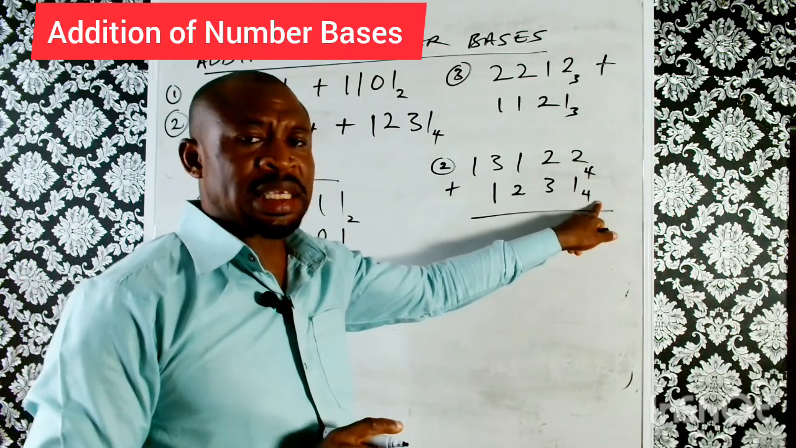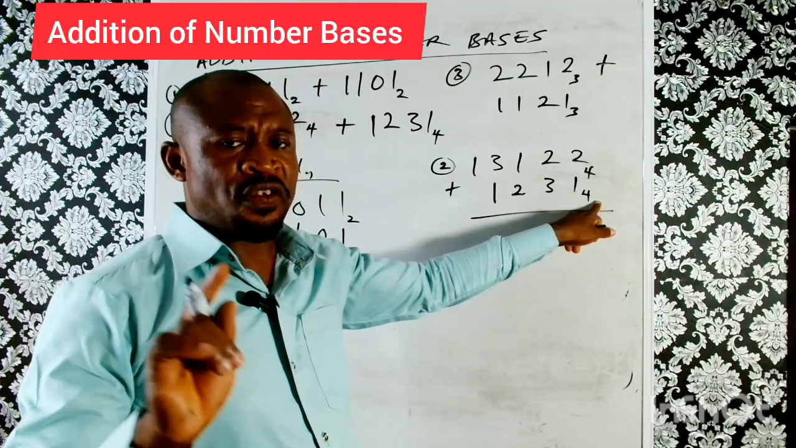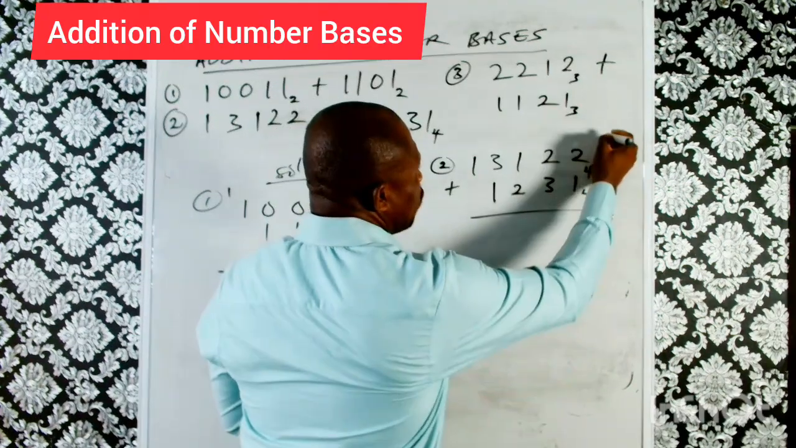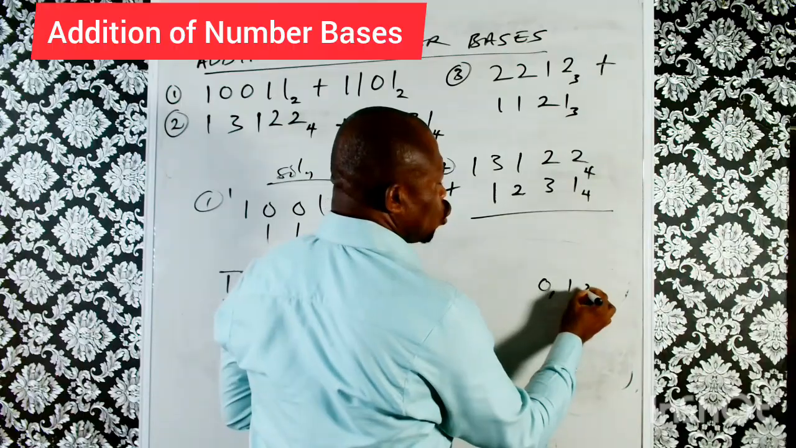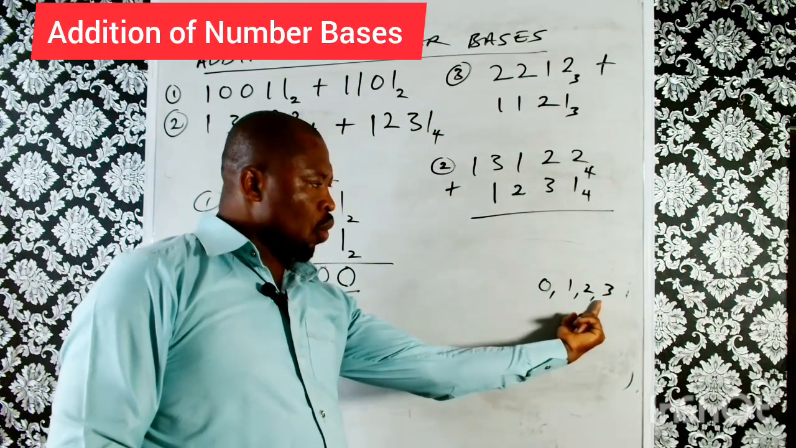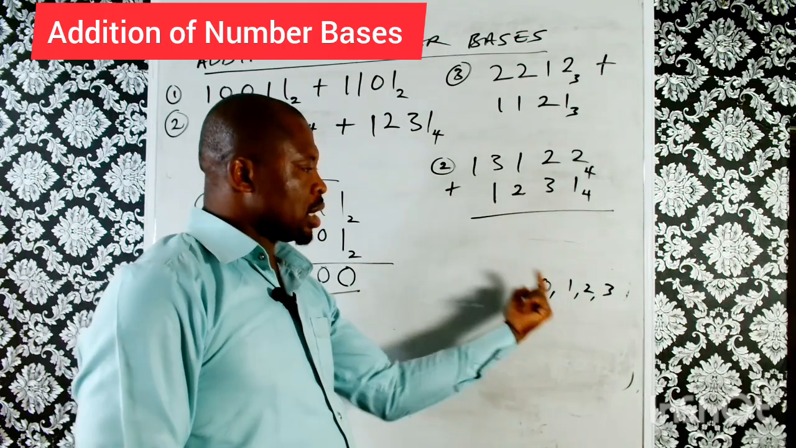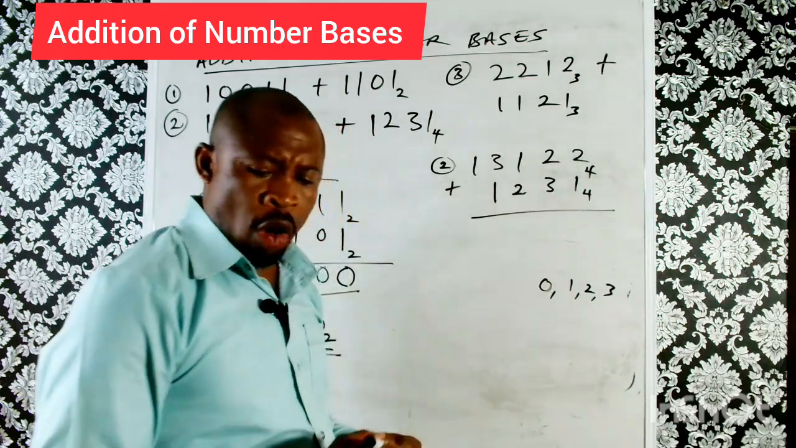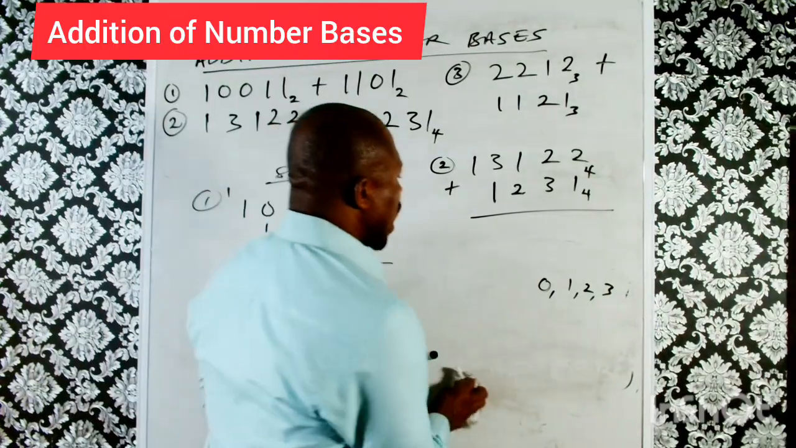The answer we get must be less than 4. That means the only options we have are 0, 1, 2, and 3. Less than 4, so the numbers that are less than 4 are these numbers here. So we'll operate the same way. So we now have